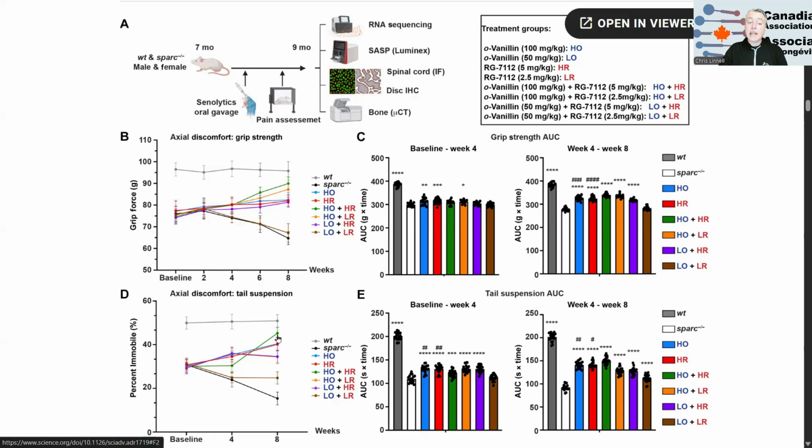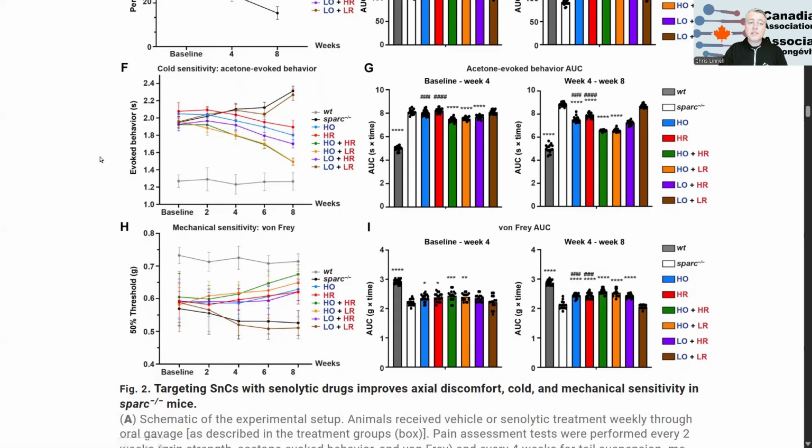The final 2 pain assessments were cold sensitivity and mechanical sensitivity. For cold sensitivity in F, lower is better, as can be seen by the wild type mice at the bottom here. Once again, the untreated mice and the low dose combination group got worse over time, whereas the other treatment groups improved, with the best results seen in the high combination group and the high vanillin low RG group,